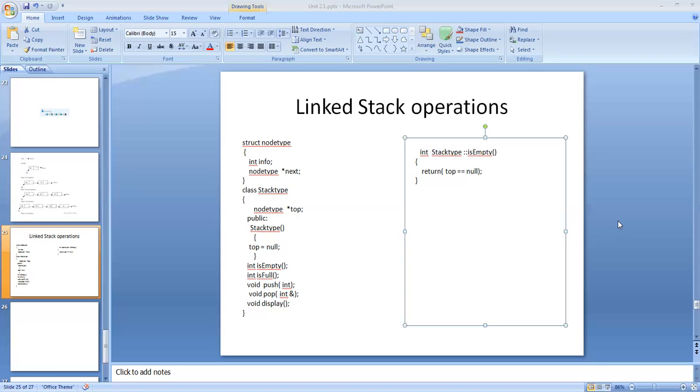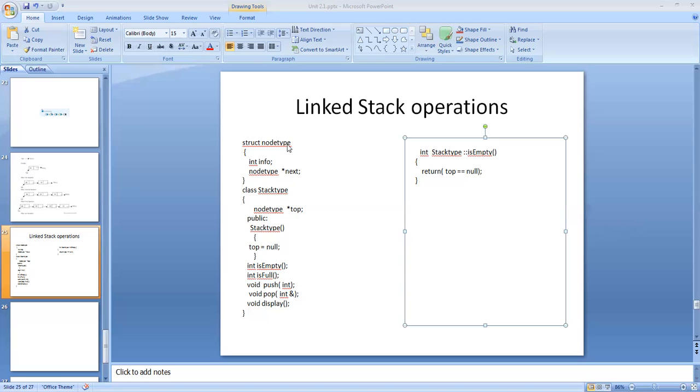In a linked stack, it is made up of various nodes. Every node is a self-referential structure. Every node can have more than one field, and if it has two fields, one is a data field to hold the stack elements, and the other will be a pointer member pointing to the next node having the next stack element. That is the idea. With that understanding, we started implementing it.